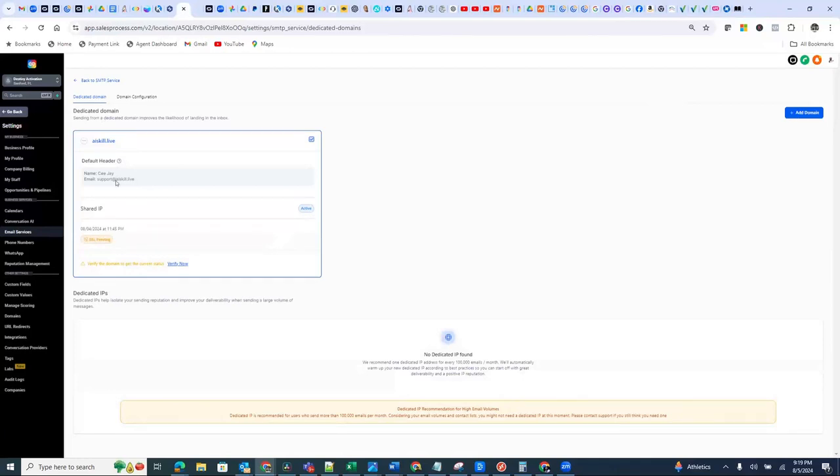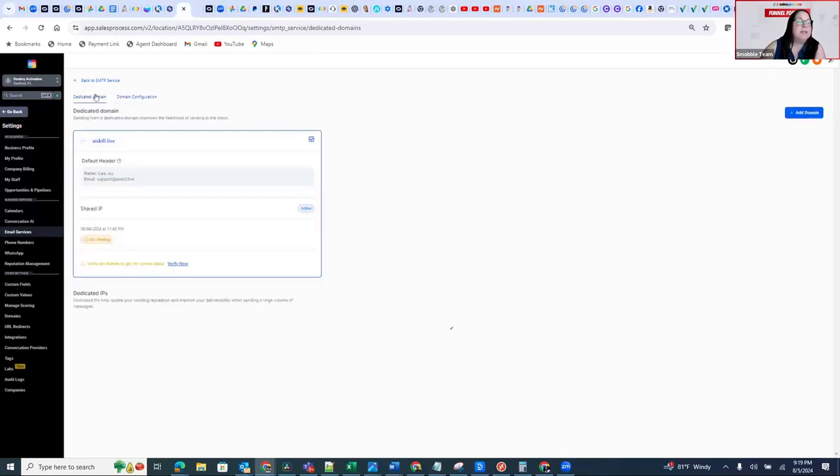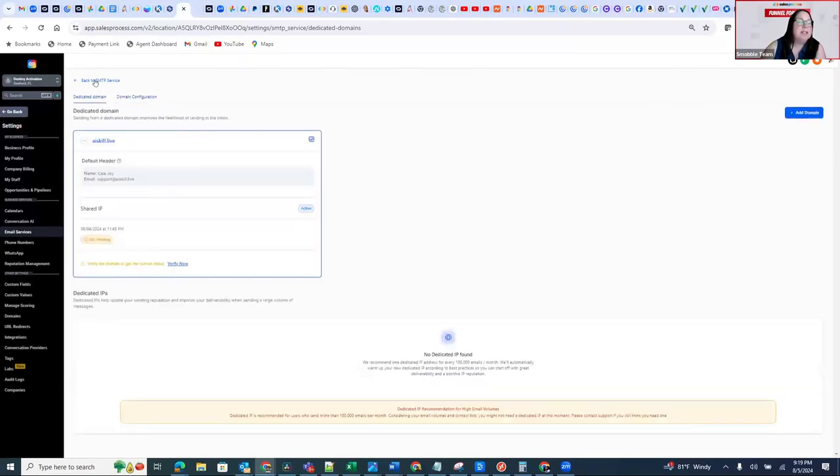Okay, so it doesn't look like you've verified all your records yet because it's still showing yellow. Go back to the dedicated domain. Where is this domain name set up? This is set up in Namecheap. Okay. Did you add the manual records when you clicked verify now? I did. Maybe I can do that verify now and then just see, because that was yesterday.